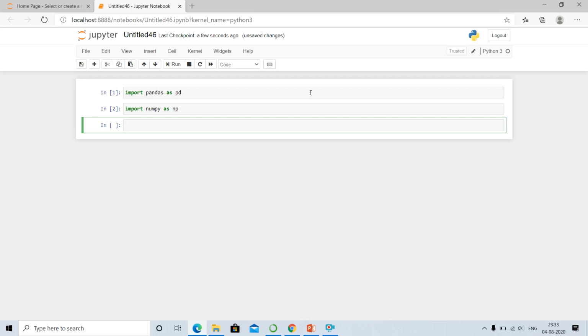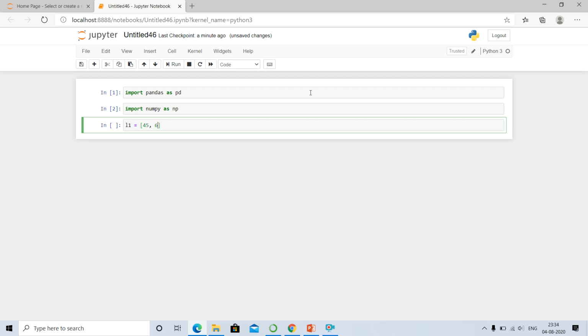Now I want to create a data set, where I take four students. Those students have four subjects: biology, maths, physics and chemistry, and they have got some marks. Like that I have to create one data set. First I have to assign the values of what they have got. For that, I'm going to create lists. It's my choice how I create that; it depends on the person. So I want to create a list, and inside that I will assign values